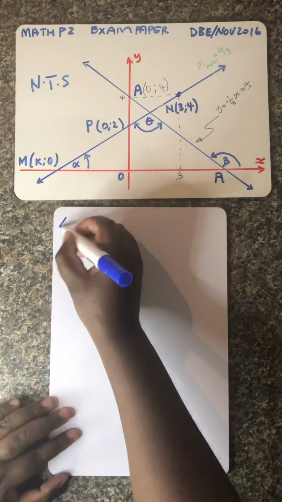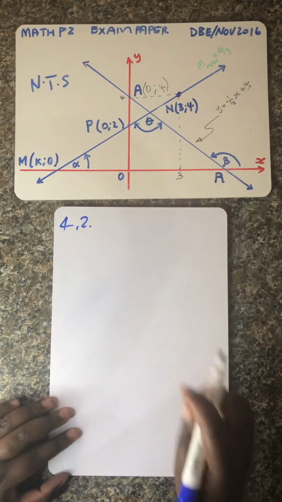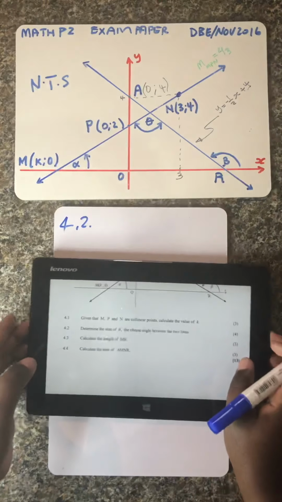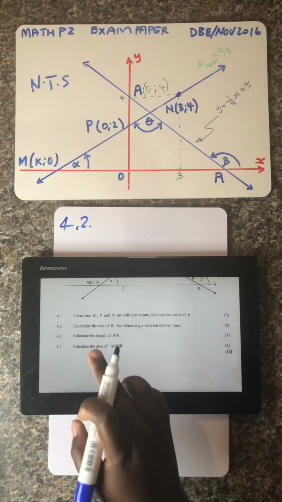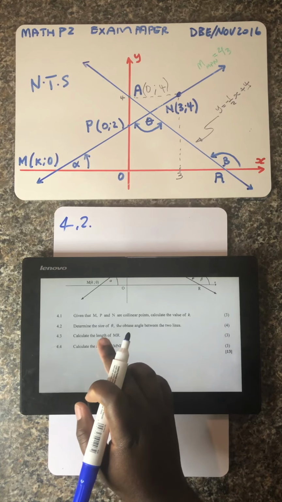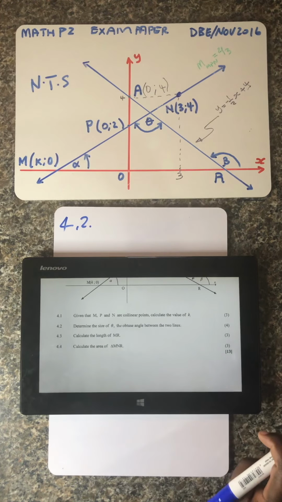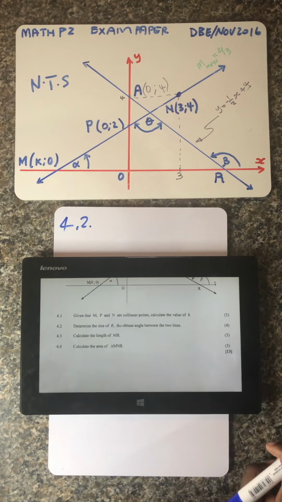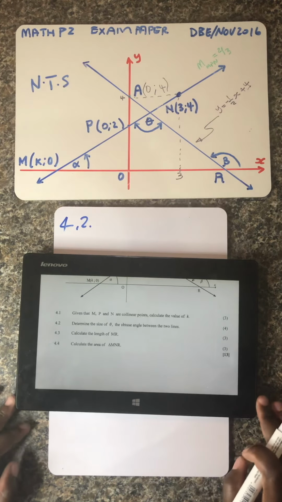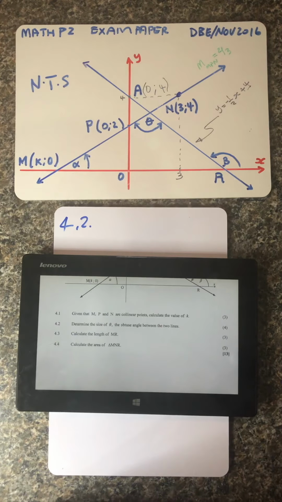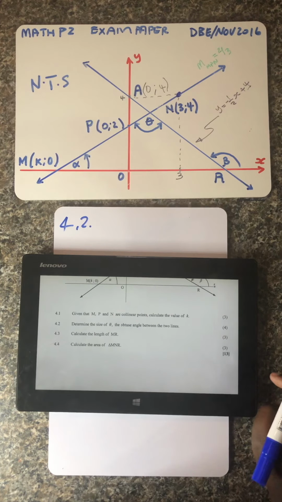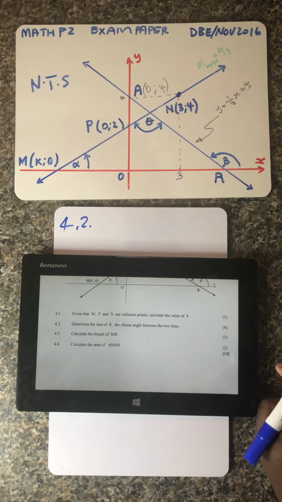Okay guys, so the next question is 4.2, and the question says, let me just bring it up so that you're able to see. The question says, determine the size of angle theta, the obtuse angle between the two lines. So guys, this question talks about that theta. It hasn't been there on the main statement, but